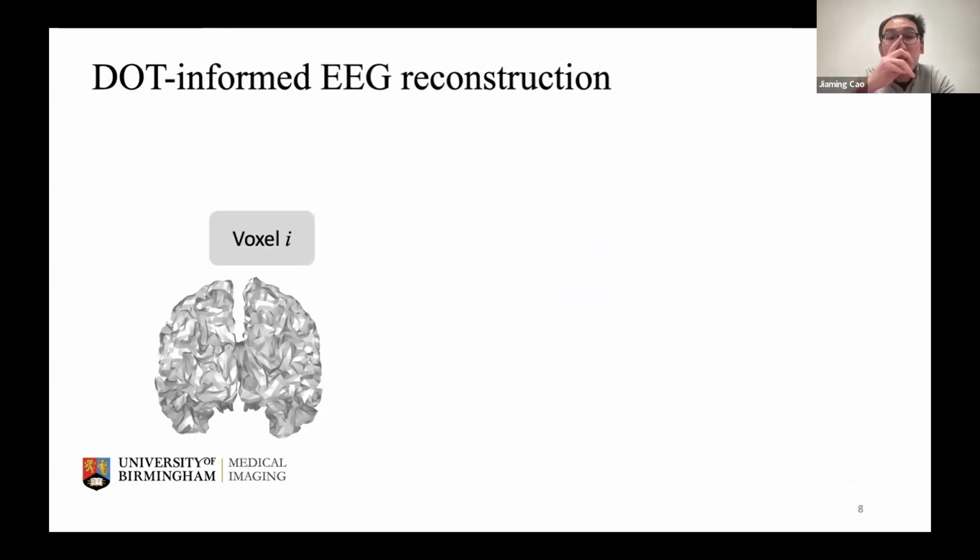So I mentioned that I would like to use DOT as the spatial prior to constrain the EEG reconstruction, but how exactly is that done? All right, so suppose we have this voxelized space. The brain is basically discretized in space, and the brain would be represented in different voxels, which is basically a 3D version of a pixel. Suppose we take one of the voxels